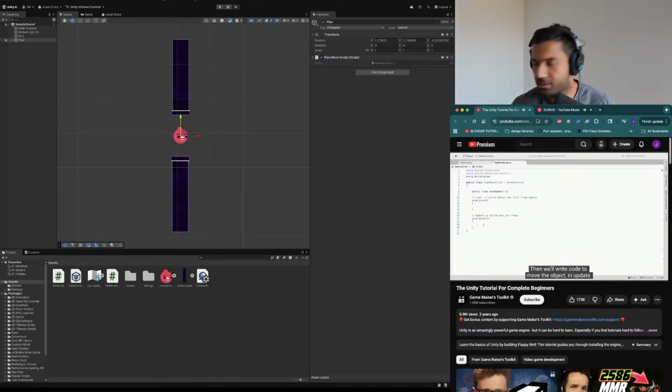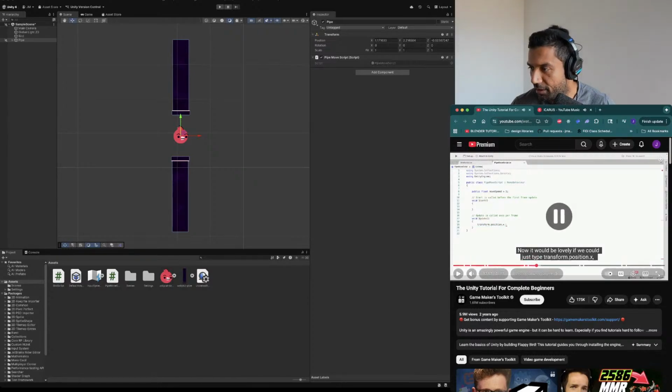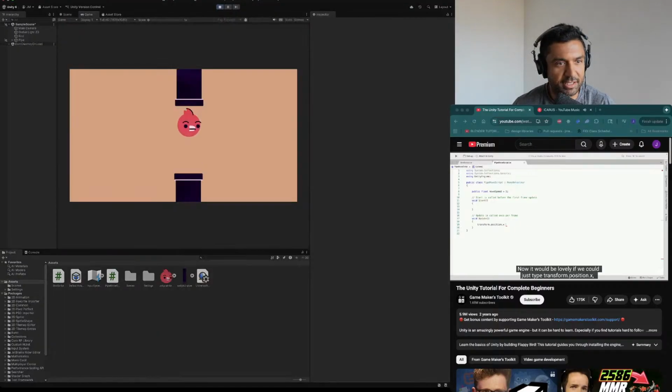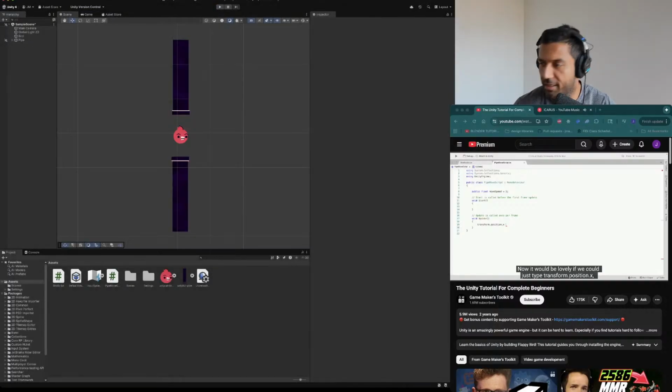Yeah, sweet. So we're going to start moving these pipes. Right now, what the game does is just has these two pipes that are fixed. And when I press spacebar, the bird flaps up a little bit because we wrote code for that already. But now I'm writing a pipe moving script. This is going to allow the